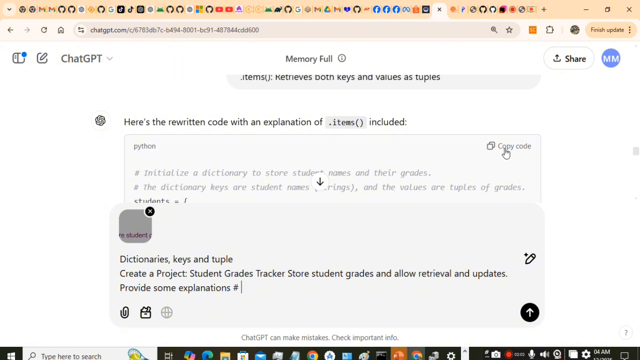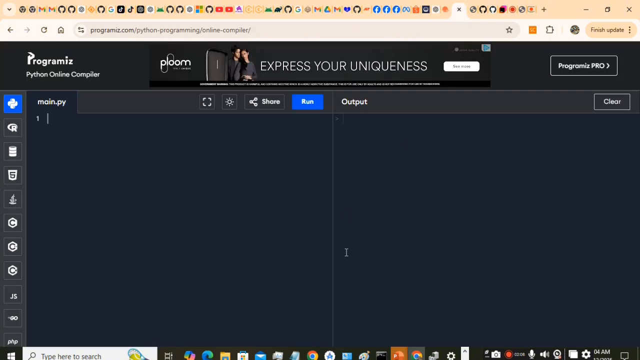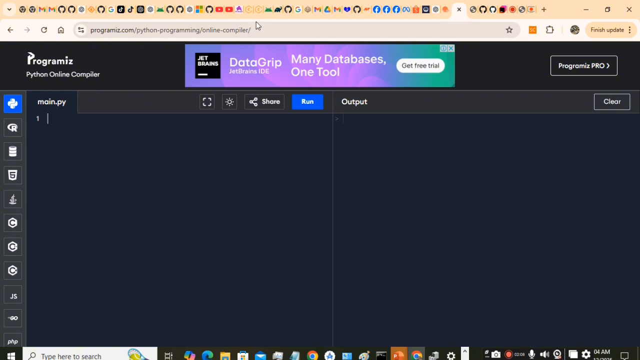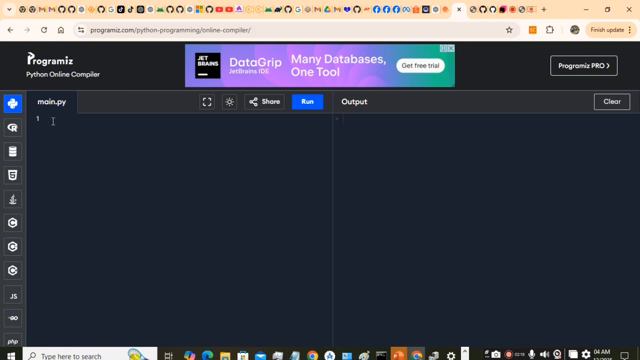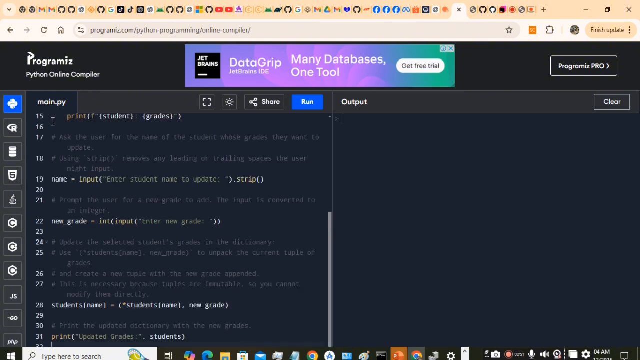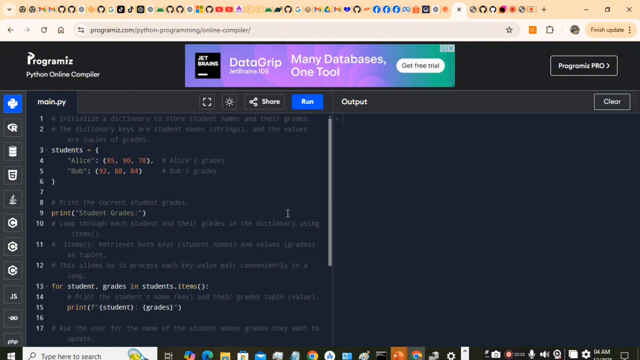Now all we need to do is to copy that, and this time I will not use IntelliJ. Let's try to use the internet. We go here to programiz.com. You can try other environments, but this one is the online Python compiler, Programiz. So all we need to do now is paste it here, and I will try to explain before we run